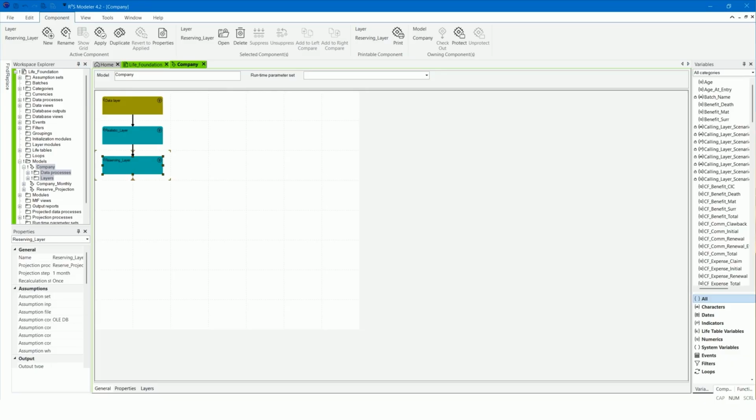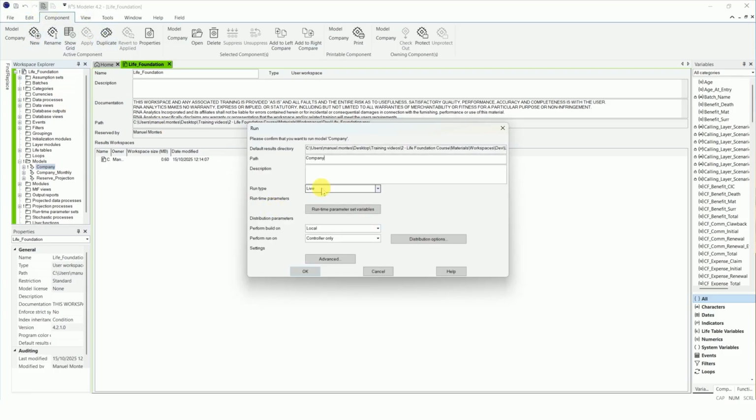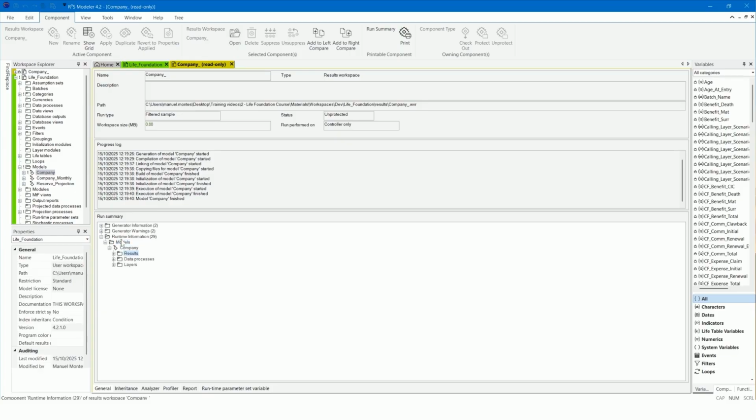Now run the company model using filtered sample mode. Open the aggregated results from the run summary.